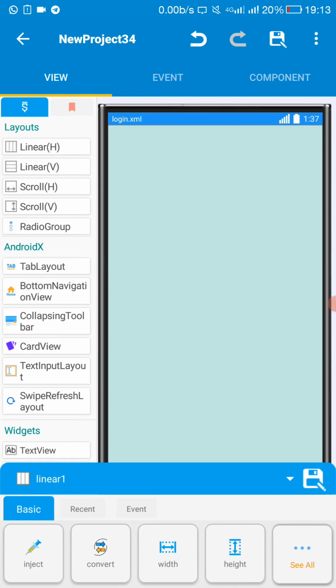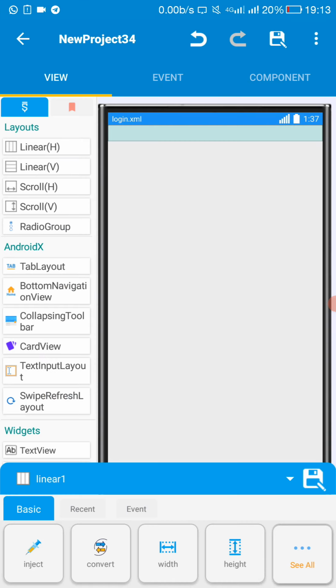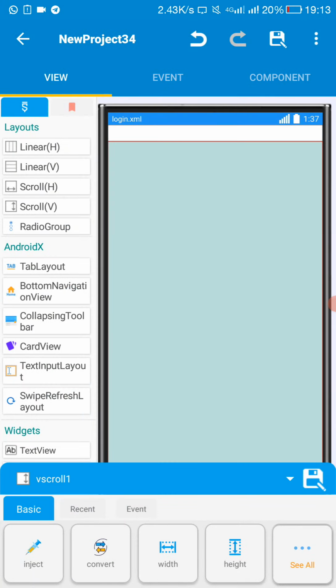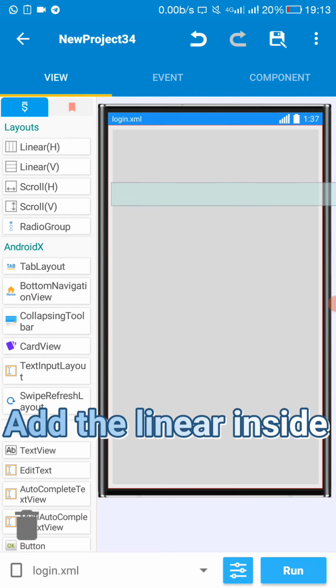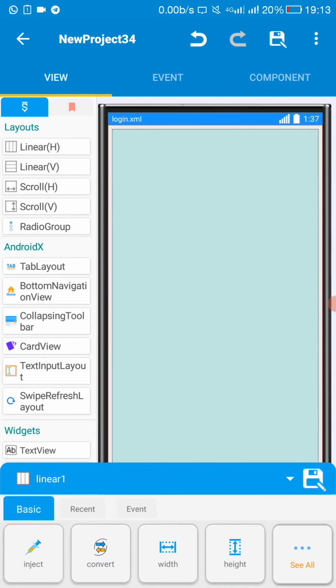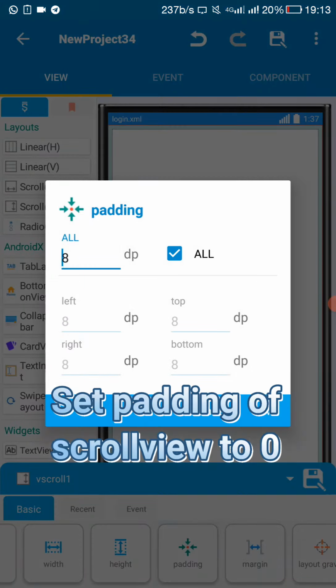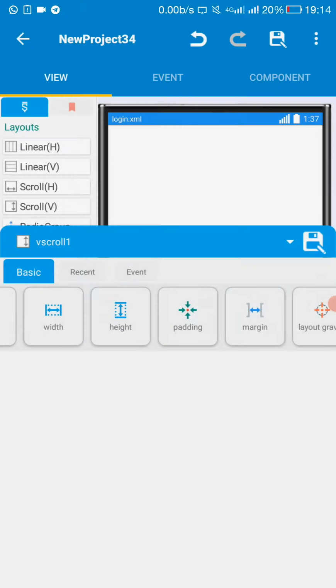Okay, then we'll also need a scroll view. Since we'll have a lot going on here, we need the view to be scrollable. So let's add a scroll vertical, then make its width match parent and add the linear layout inside the vertical scroll view. Then let's remove padding from our scroll view. So padding 0,